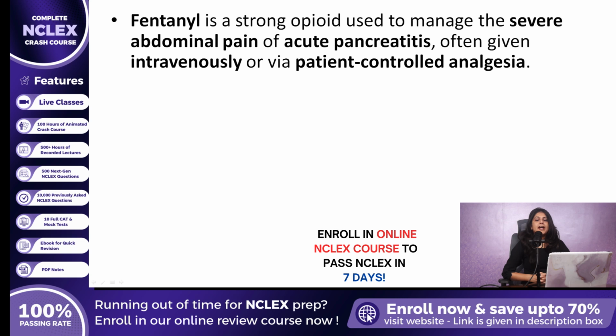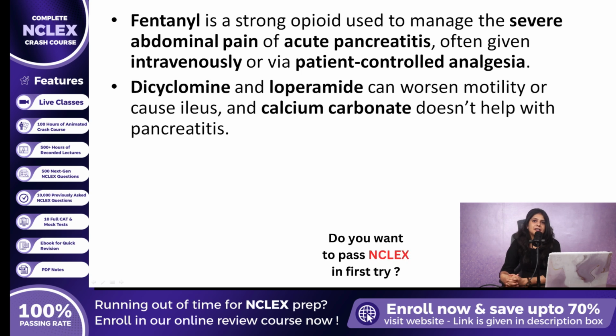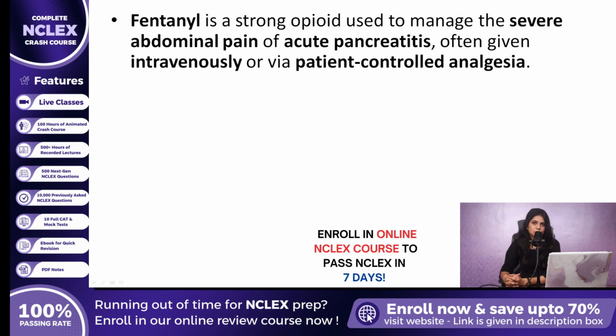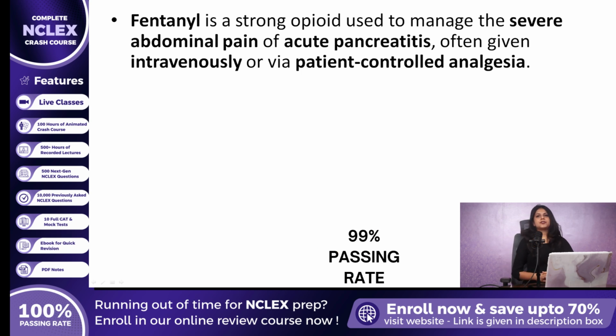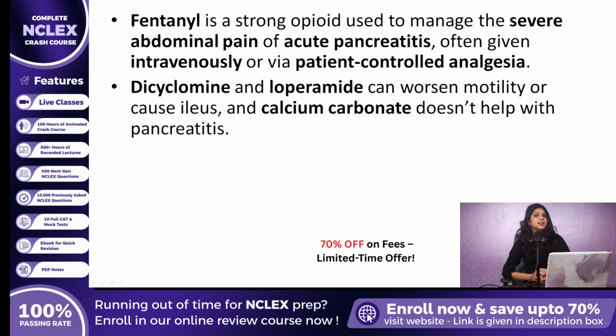Fentanyl is a powerful opioid analgesic frequently used for managing the intense, often unrelenting epigastric pain associated with acute pancreatitis. Clients may experience radiating pain, nausea, vomiting, and systemic inflammation, and controlling this pain is essential for stabilizing the condition. Fentanyl or other opioids like morphine or hydromorphone may be administered intravenously, and in many cases, patient-controlled analgesia is utilized for continuous relief. Dicyclomine, as in option A, is used for irritable bowel syndrome and can worsen gastric motility issues